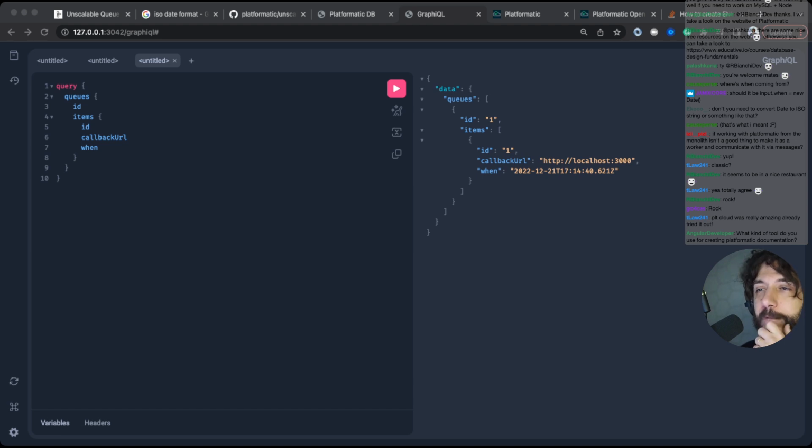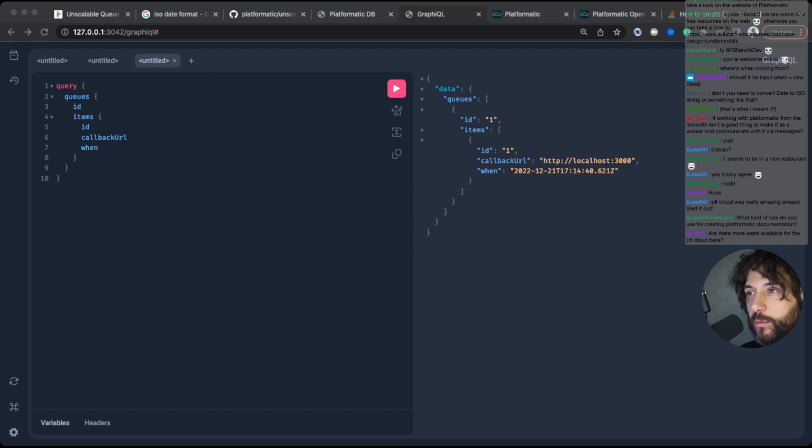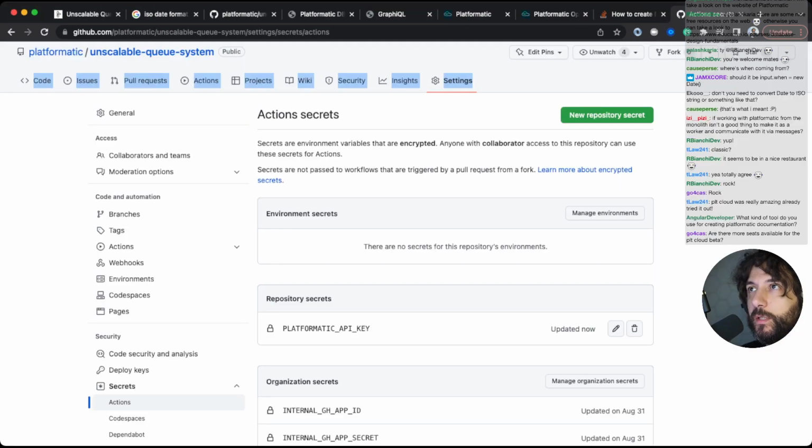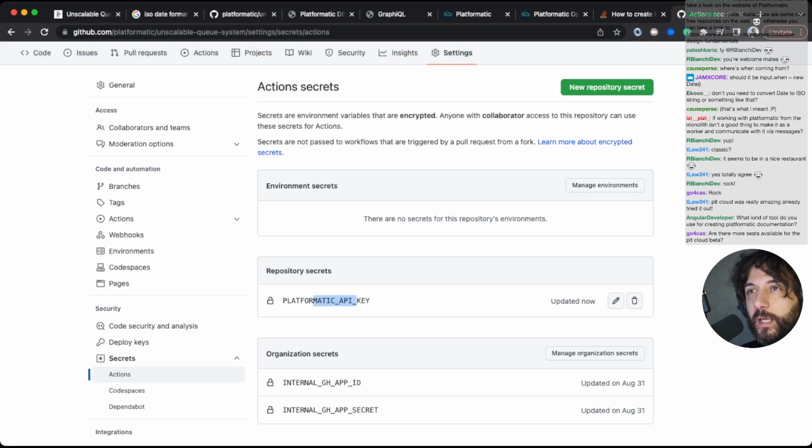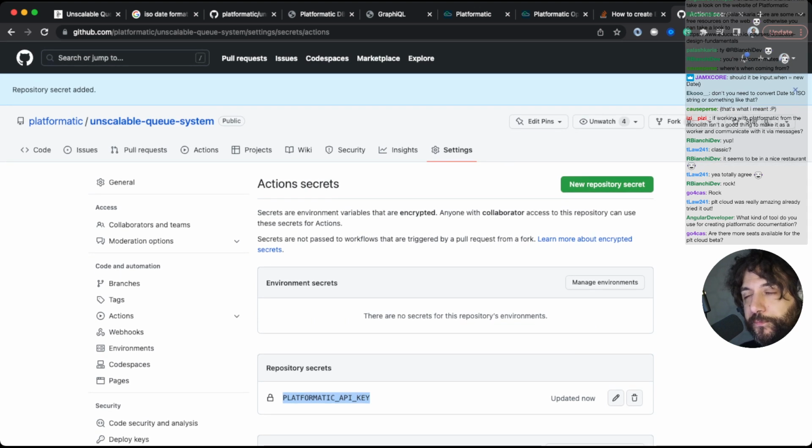Okay, so we have added a Platformatic API key in here to deploy.